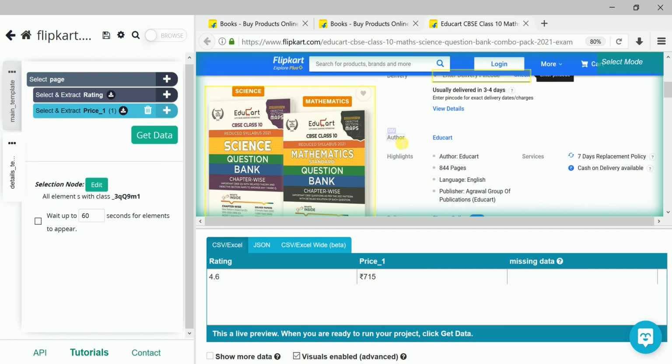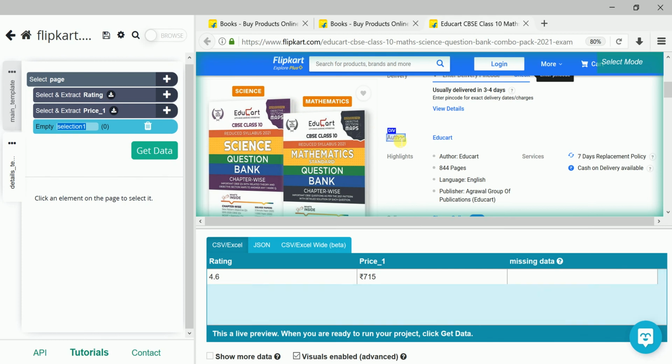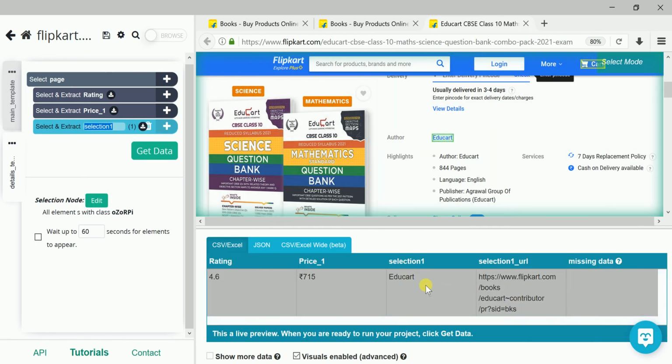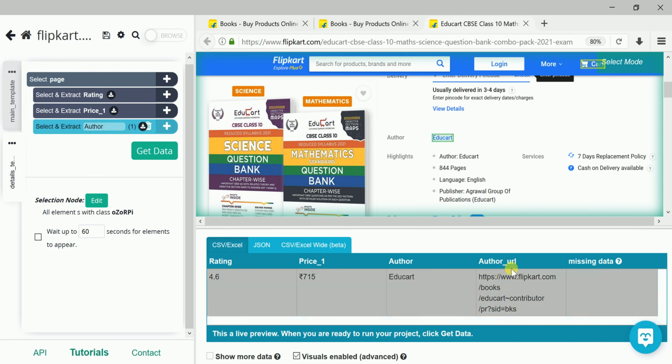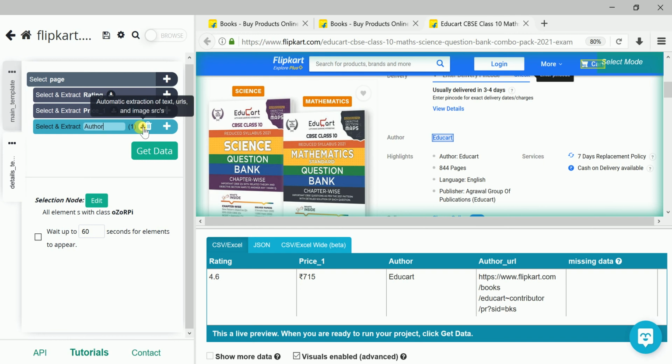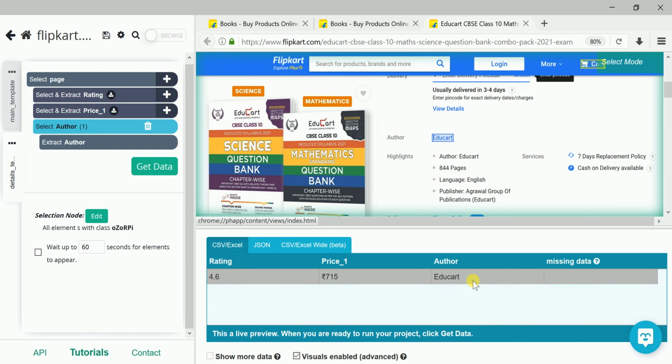And then suppose you require the author also, you can go again to select, and I can write author. Okay, we don't require this URL, this is HTML content. We'll expand this and delete this. You can see we are getting the author name.